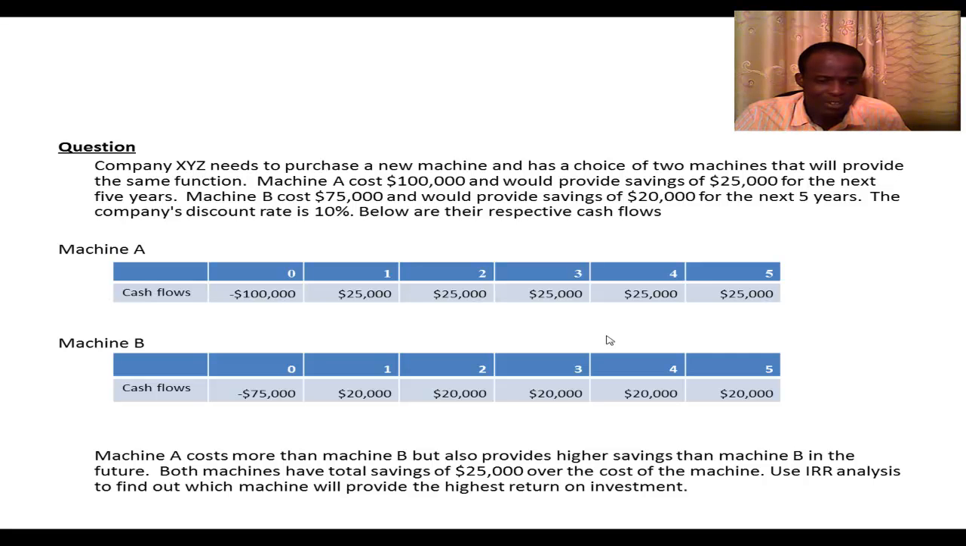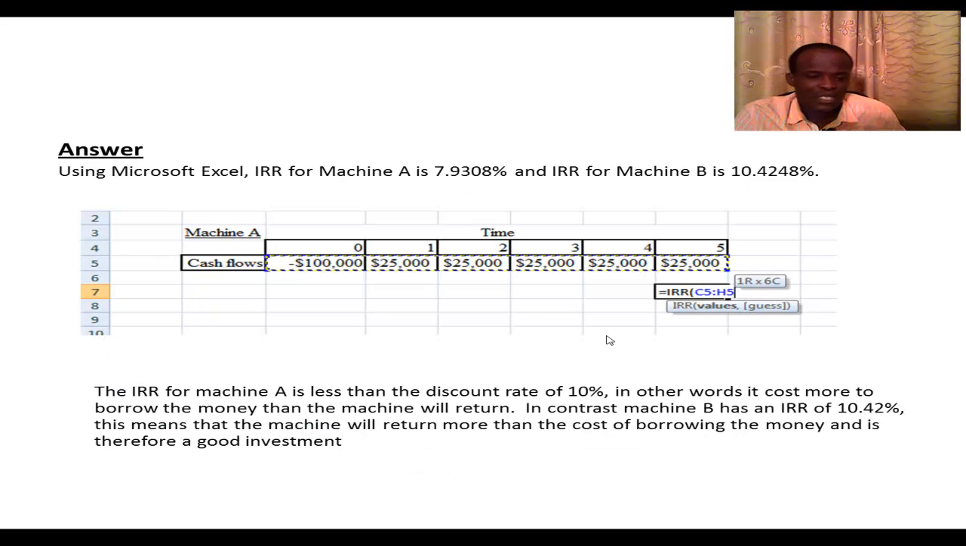Now machine A costs more than machine B, but also provides higher savings than machine B in future. Both machines have total savings of $25,000 over the cost of the machine. The question is asking us to use the IRR analysis to find out which machine will provide the highest return on investment. Great. So using Microsoft Excel, now what you do is